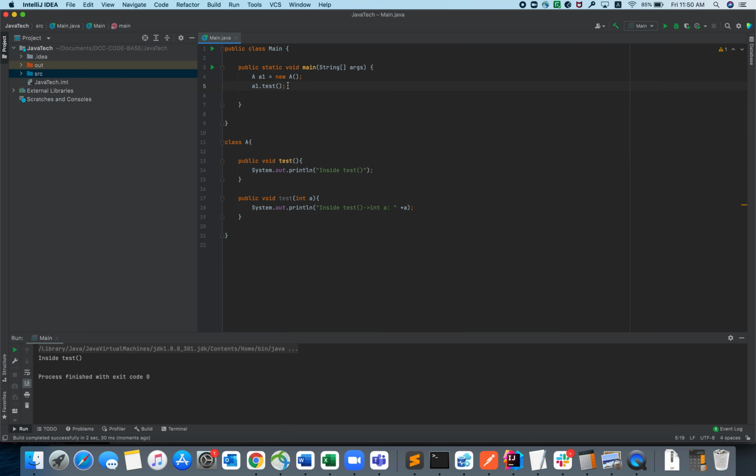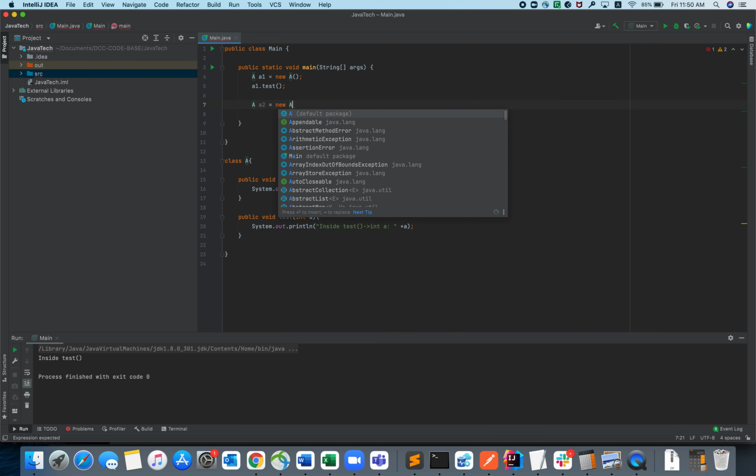In the other scenario, let's assume I want to test the overloaded method, which is nothing but the other test method, and it is taking an integer argument, right? How will I do it? Again, I'm going to create an object of class a. Let me give it a2 this time, new a.